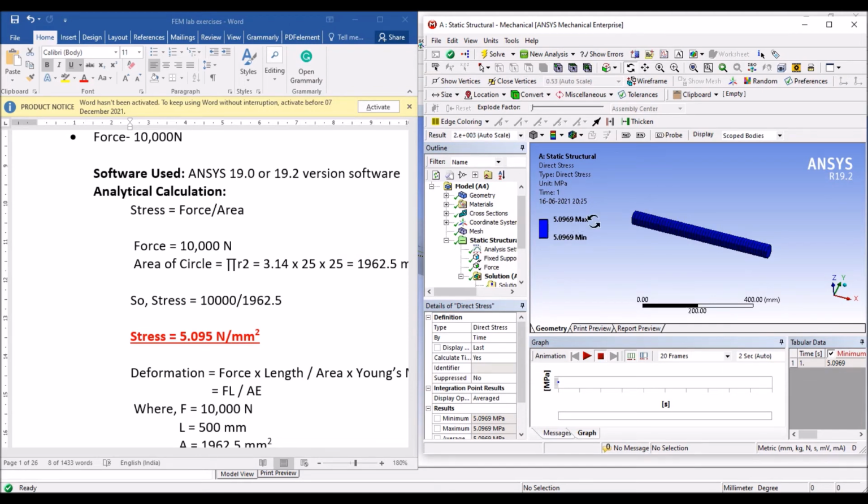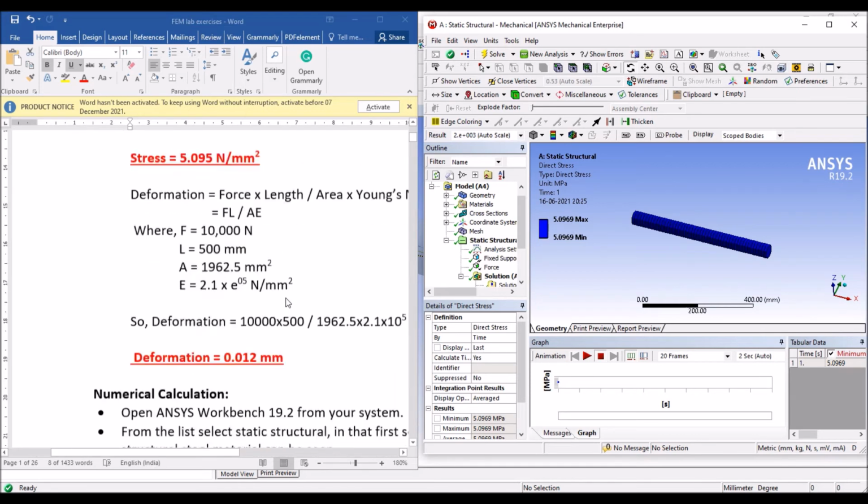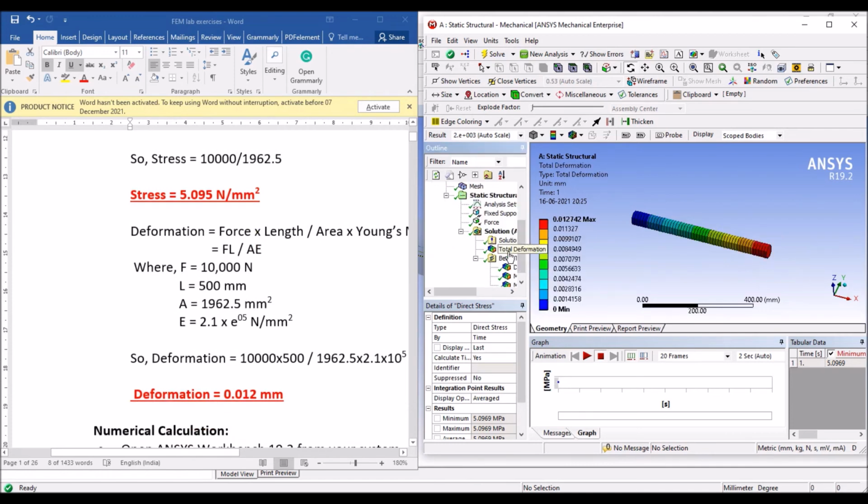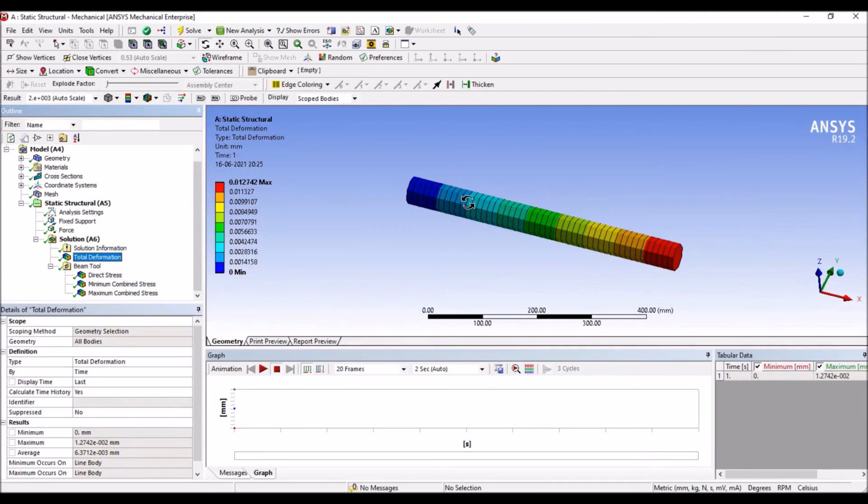Coming to deformation, it is 0.012 and in the software we have got 0.012 mm. So we have got the same values in the numerical and analytical methods. From this we conclude that the mathematical and software values are approximately the same for every problem. So we have done this problem in ANSYS Workbench.